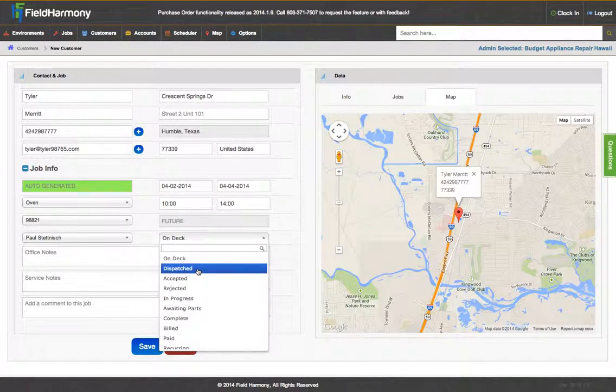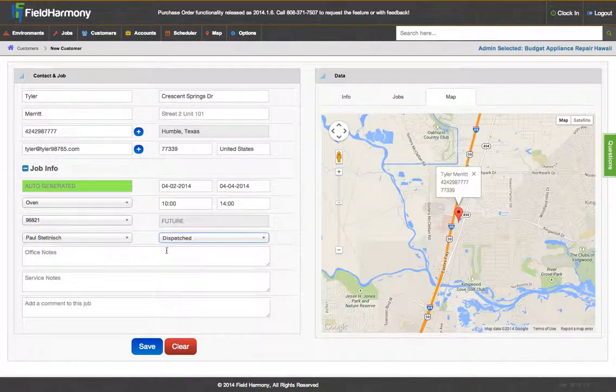Conversely, if you'd like to dispatch that job out to the technician, you do need to select the dispatched status. Dispatched will fire off an email to the customer confirming the appointment and letting that customer know which technician has been scheduled. It will also fire off an email and or a text notification to the technician alerting them of